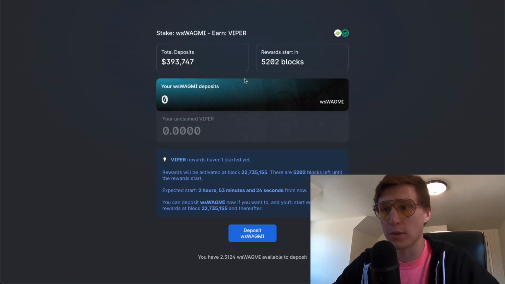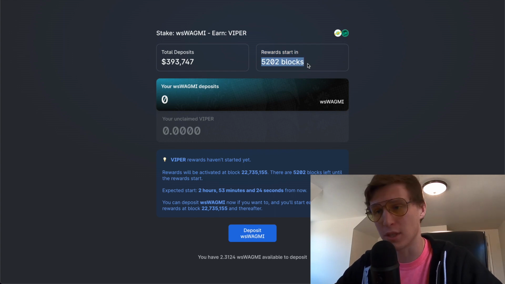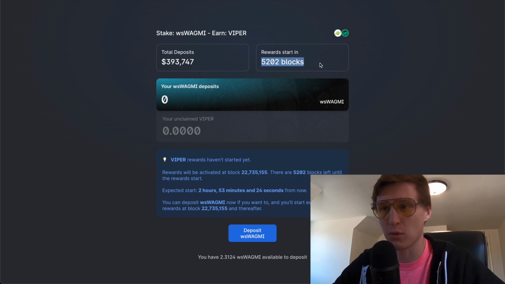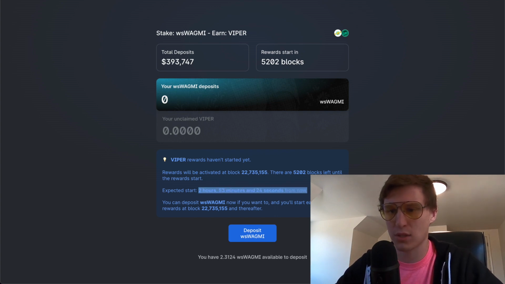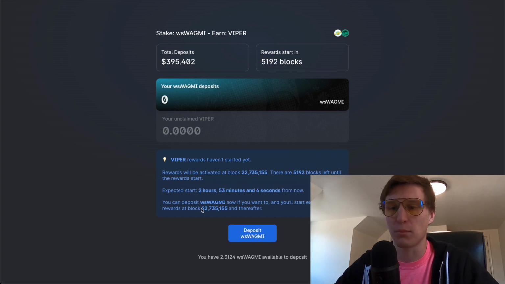Now we can go to ViperSwap and you can see that this reward starts in 5,202 blocks. What does this mean? It means that right now there are no emissions coming out, but you can deposit. There'll probably be emissions by the time you see this video, but it's expected to start in about 3 hours. That's dependent on block time: roughly 2 seconds per block with 5,000 blocks to go. That's how long it would take. You can see it'll start at block